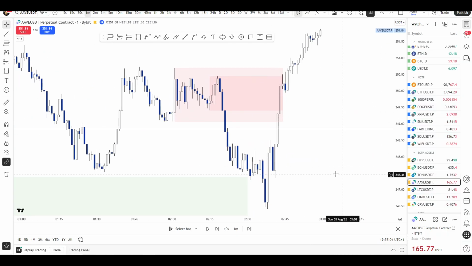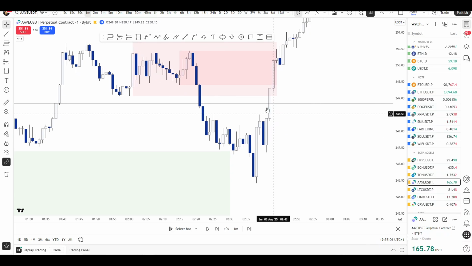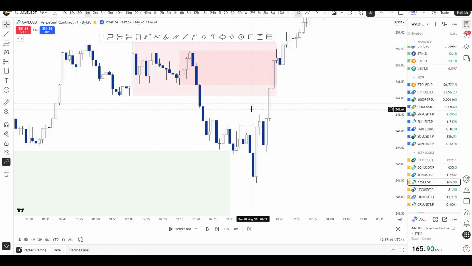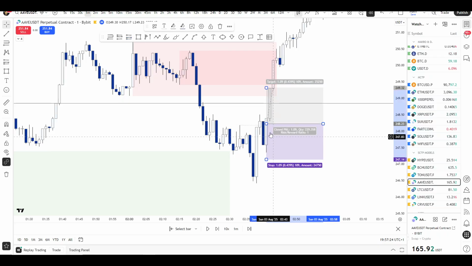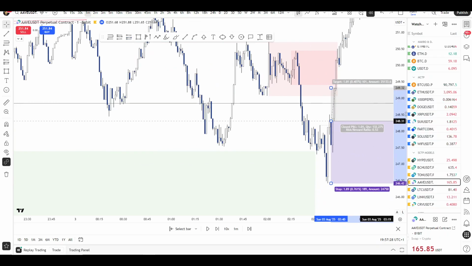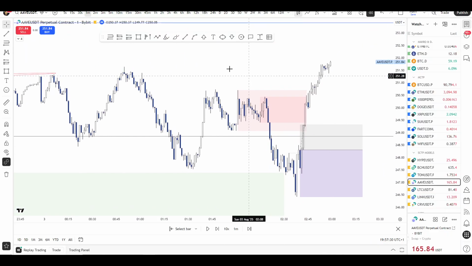So basically what you would need to anticipate is the supply failure. This is on the first hour of... oh, wait. So you would have entered here, stop loss below. So here,